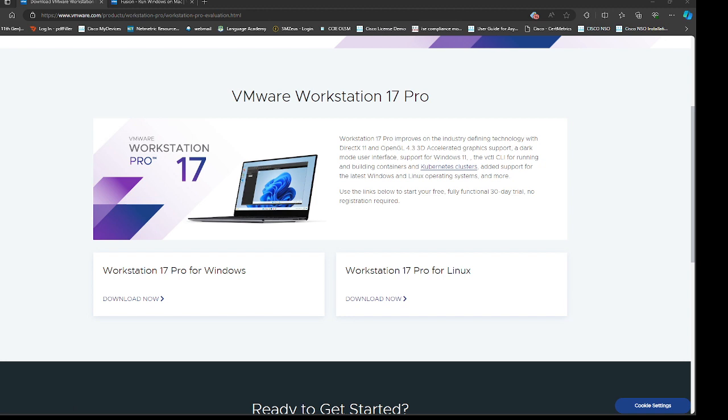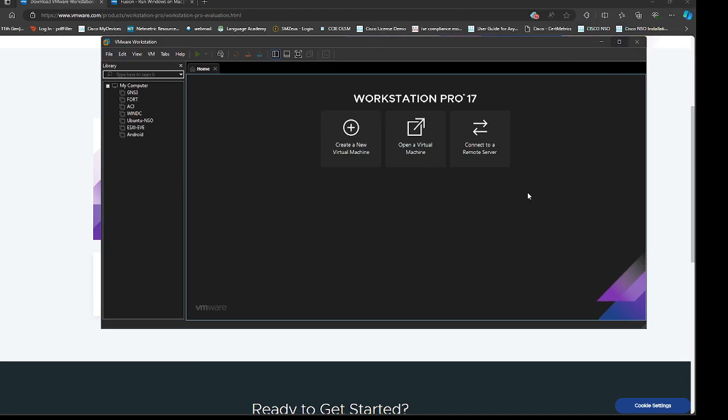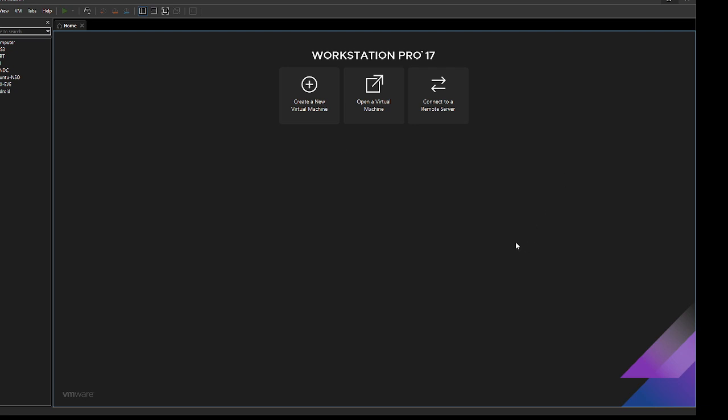Now, how does the workstation look after installing? This is how it looks. So this is the Workstation software. Once you install, you see that these are my virtual machines over here.